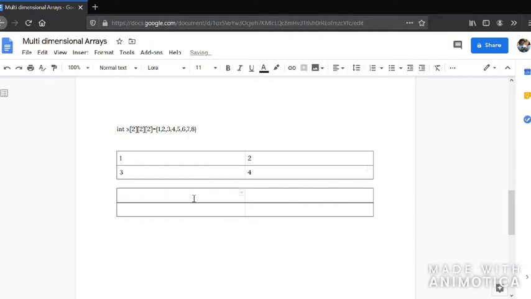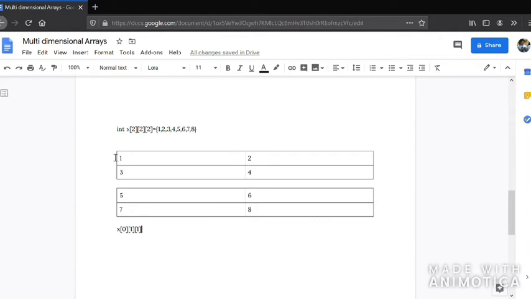So here what happens is, 1 will be stored, next 2 3 4, and here 5 6 7 8. So how this is accessed is, if I give x 0 0 1, 0 1 1, here it is the last one. Check the last one. There are only two possible values, either 0 or 1.